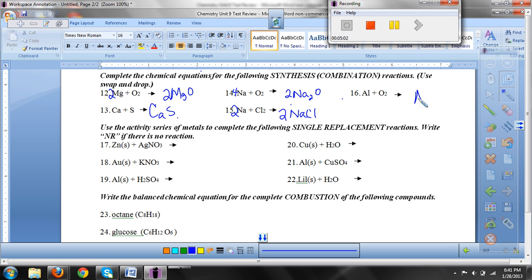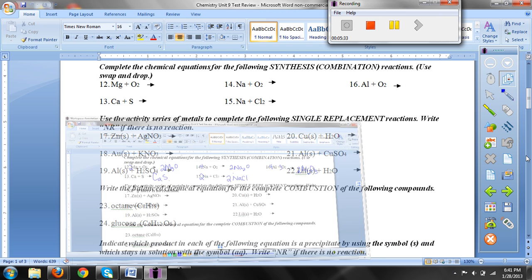Aluminum plus oxygen gives me aluminum oxide. Aluminum is +3. Oxygen is -2. I definitely have to swap and drop, so that 2 goes down to here, that 3 goes there. I'm erasing that. It is not balanced, so I'm going to put a 2 here, a 3 here, and a 4 here. So that tells me 2 times 2 is 4 aluminum. That's why I needed a 4. 2 times 3 is 6 oxygen, so that gives me 6 oxygens, and everything looks like it's in good shape. All right, so I'm going to move on down